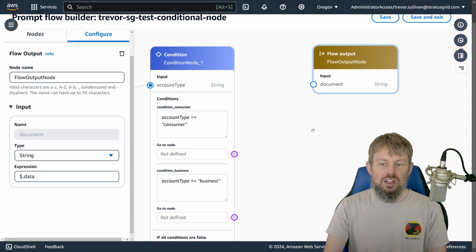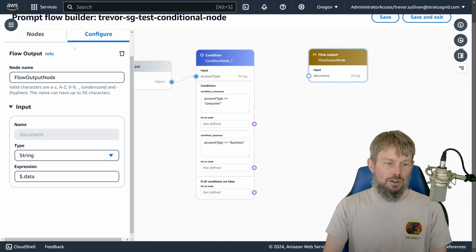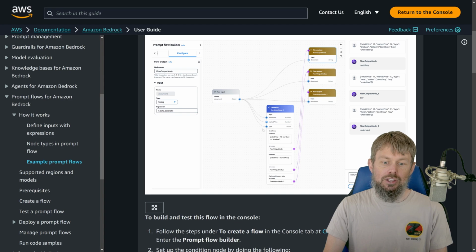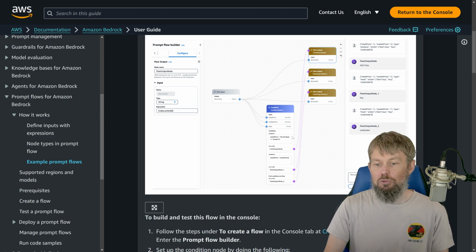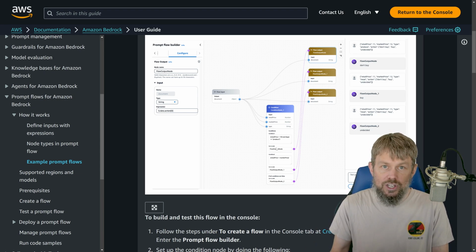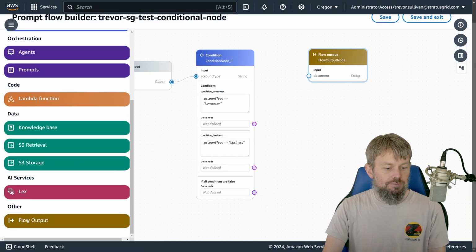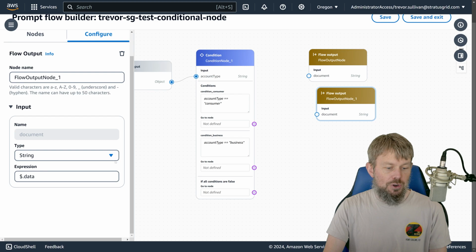So what we can do is have like 3 different outputs here, right? And again, refer back to the example flow that they have right here. You can see that they have a single input with an object. They map that to a few different properties. There's a couple of different conditions here, and then they have 3 different output nodes depending on which condition is actually met, right? So what I'm going to do is bring in a couple of additional flow output nodes here,